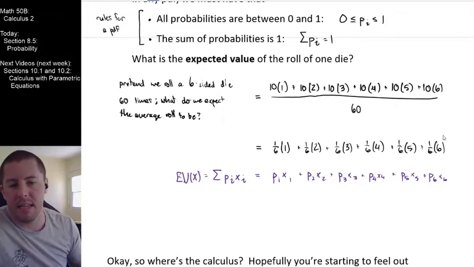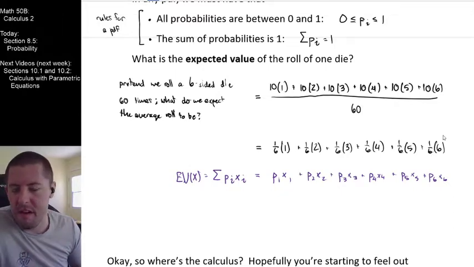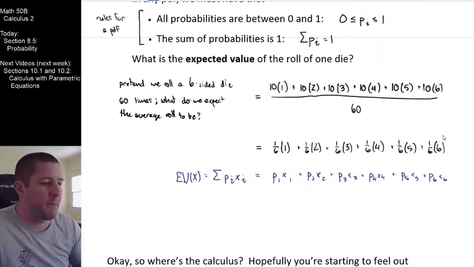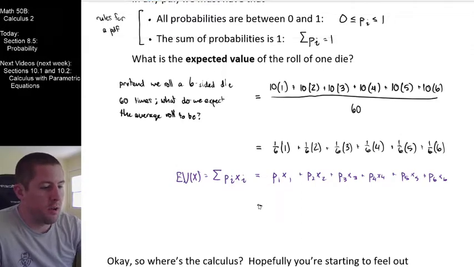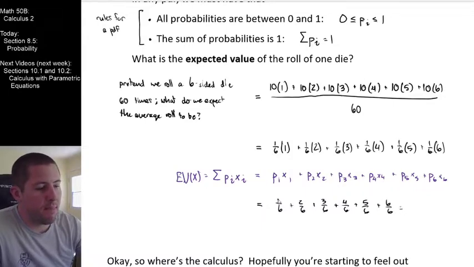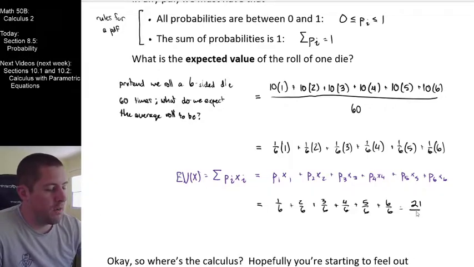It just happens in this case that the rolls of the die, there's 6 rolls, they take on values 1, 2, 3, 4, 5, and 6. They are all equally likely. So this is an extra simple looking example right here. But I think we can go back now to computing our answer. It looks like we're going to get 1/6 plus 2/6 plus 3/6 plus 4/6 plus 5/6 plus 6/6. And if I add up all these numbers on top here, 1 plus 2 is 3, plus 3 is 6, plus 4 is 10, plus 5 is 15, plus 6 is 21 over 6. And if we look to a decimal for this, that's actually going to be 3.5.